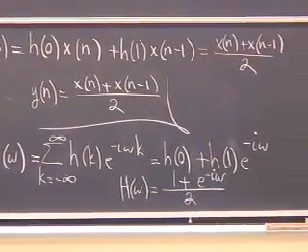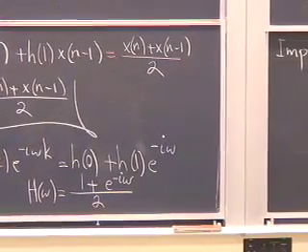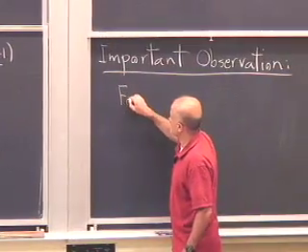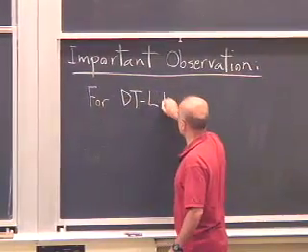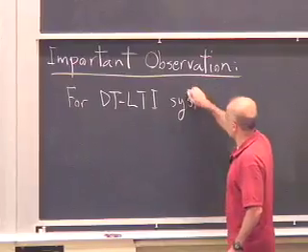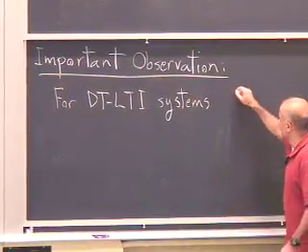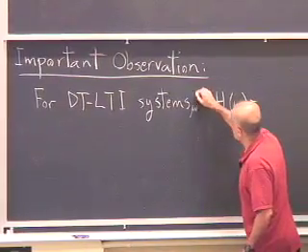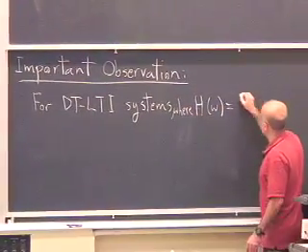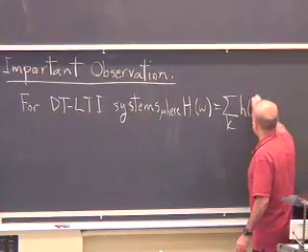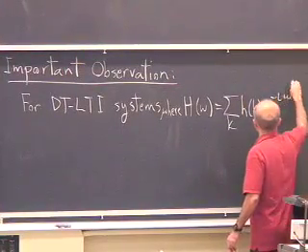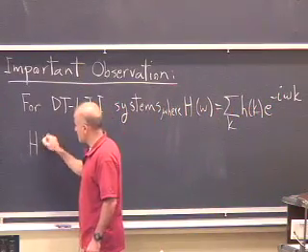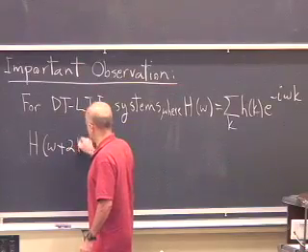Important observation: for discrete time LTI systems, where H of omega is the sum of h[k] e to the minus I omega k. Notice when I change omega to omega plus 2 pi,